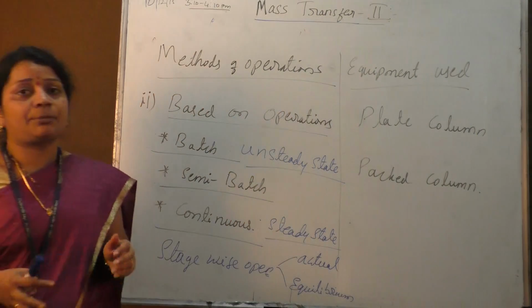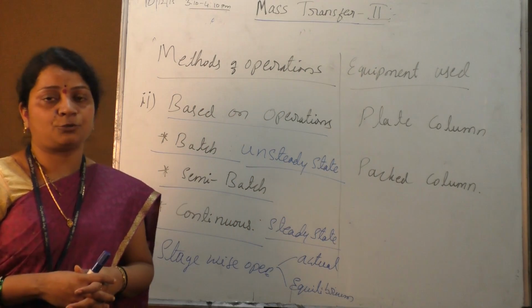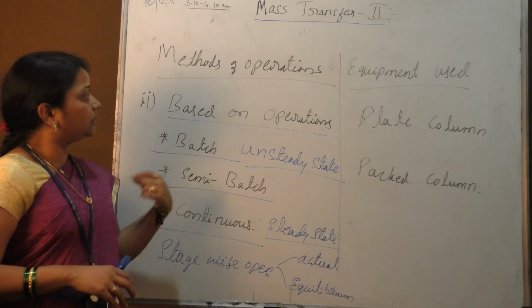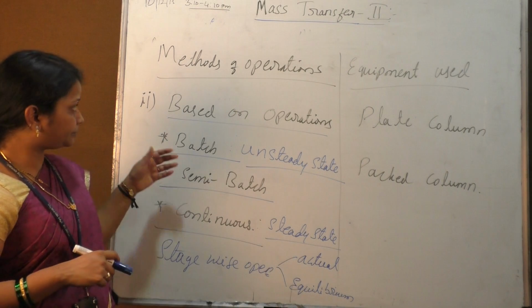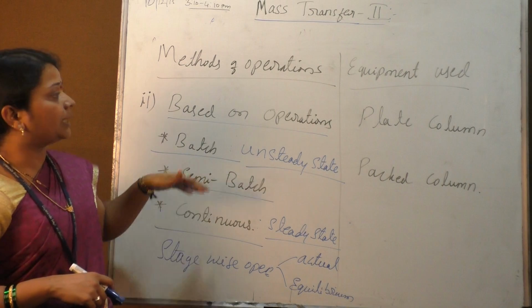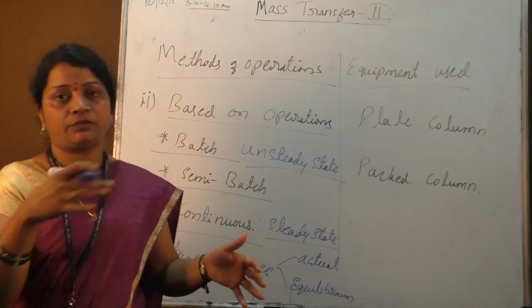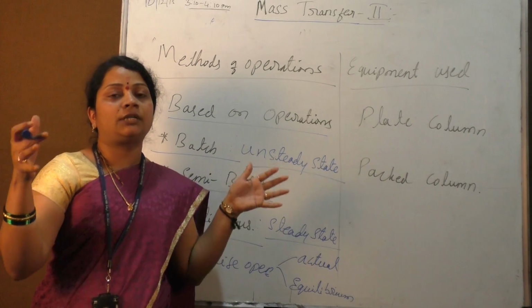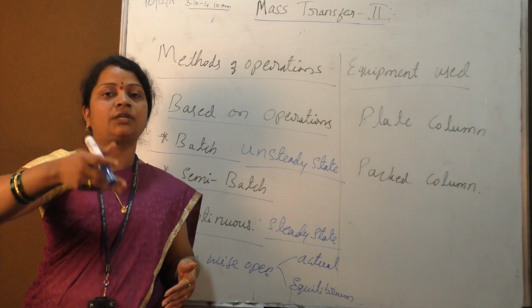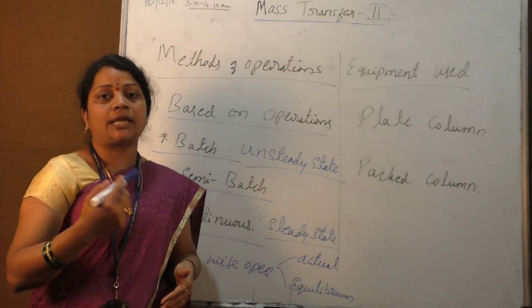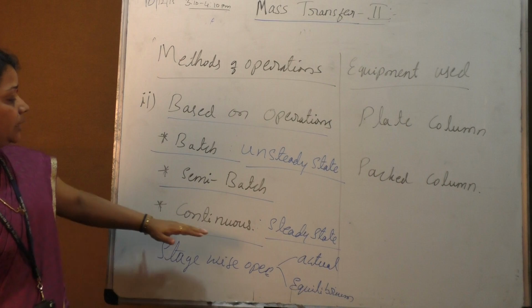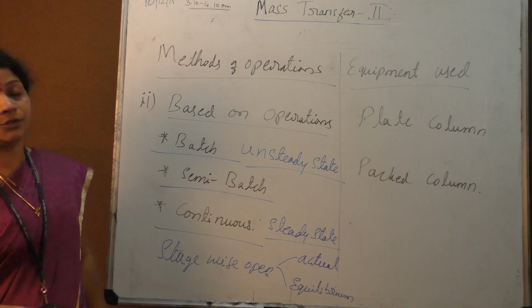Now for this separation to take place, what kind of equipment is used? There are two different types of equipment used based on the mode of operations. If it is a batch operation, simple columns are used without any plate arrangement, where you are adding the components in a counter current fashion, and based on the time you are giving it for intimate contact using the agitators and all, those simple columns are used. Majorly in process industries we are focusing on continuous operations.